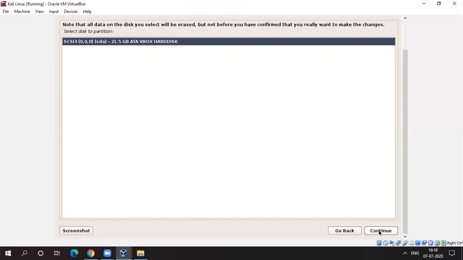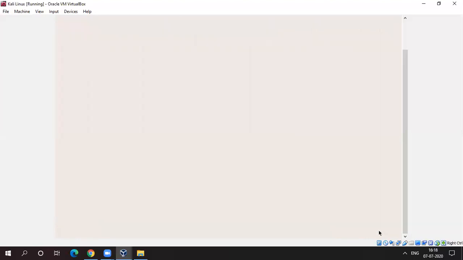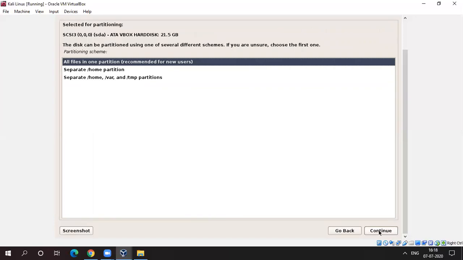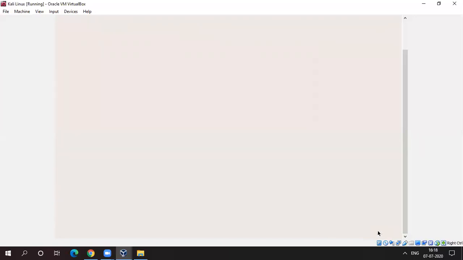So only one option will be there, so we have to just go for continue. Now we have to choose all files in one partition, recommended for new users, right? So continue.